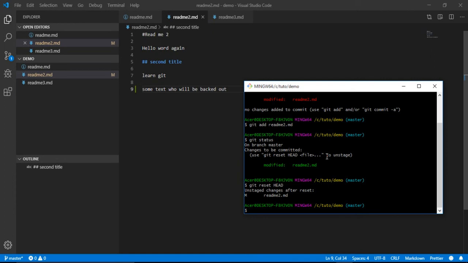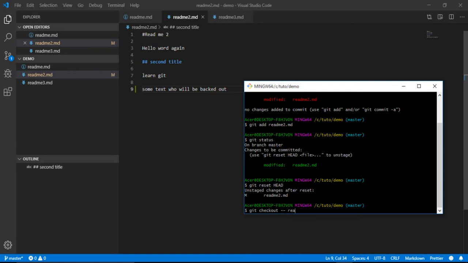We do that with this command line. We will execute git checkout -- and the name of the file that we want Git to make go back to the previous version,